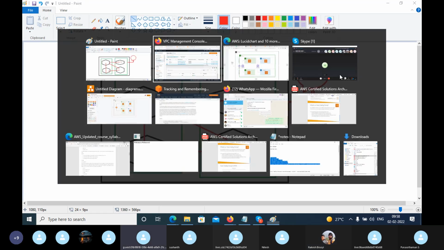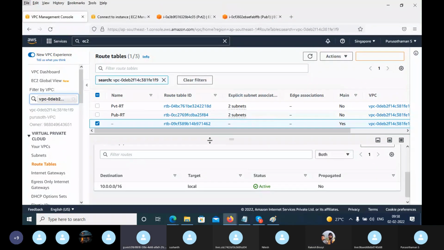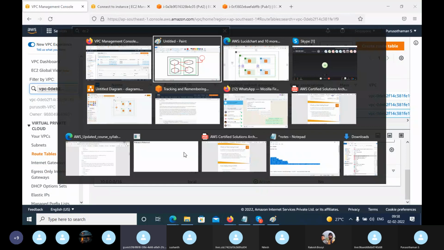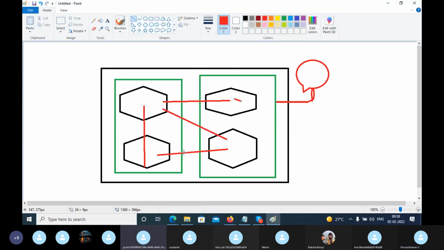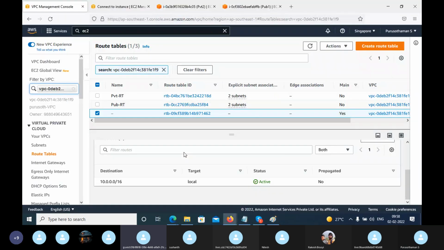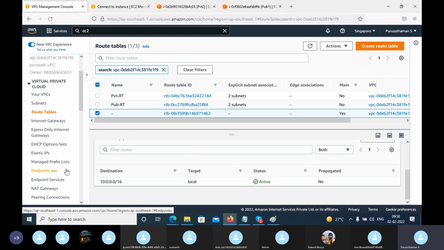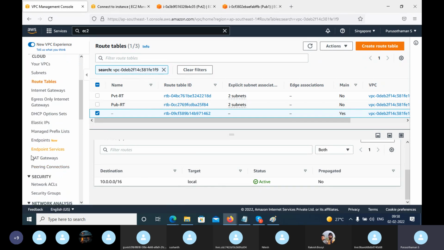Okay, if we put it another way, Puru, if we have two VPCs, for example, this is within one VPC that we have created. If we have two VPCs and two sets of public and private subnets... Can I know your good name? Rahul. Rahul, yeah. So VPC peering is our next concept. You can see it in that class, where I can show how to peer the connections and everything.